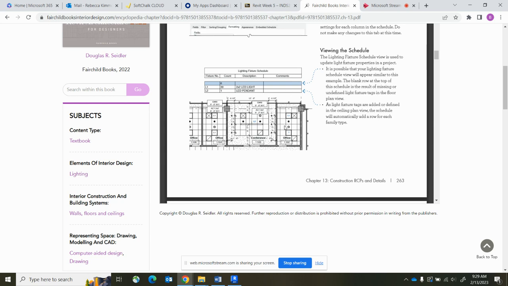So, in your book, after it talks about creating the lighting legend, which is what we did, it talks about creating a lighting schedule. Your lighting legend allows anyone reading the drawing to understand what the symbol is. So, our symbol that we use for our troffer light, that it's a troffer light, etc. Your lighting schedule, this is unique in Revit as far as creating it because what it does is it takes